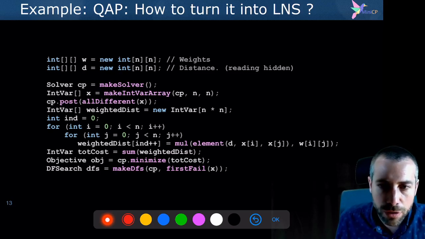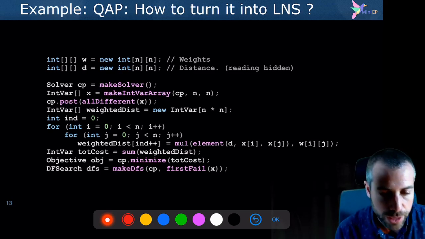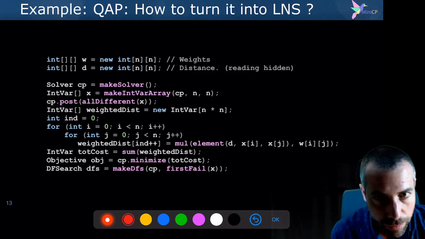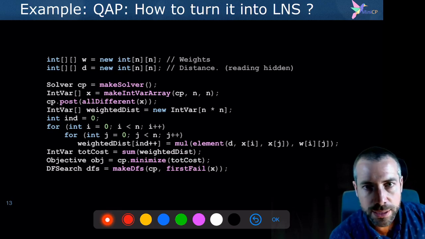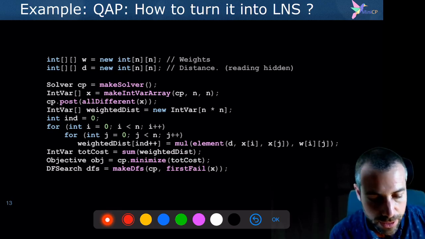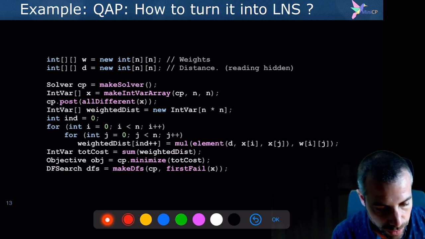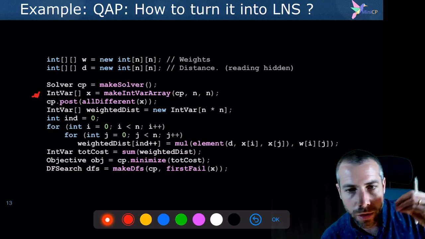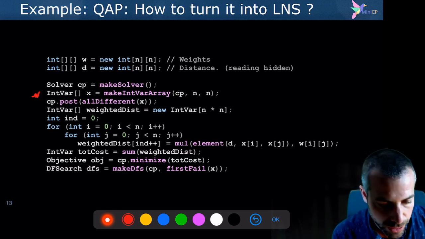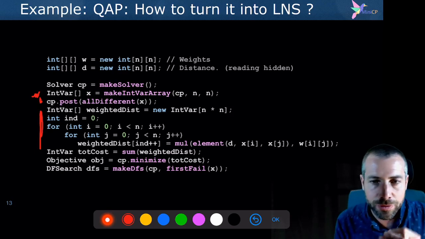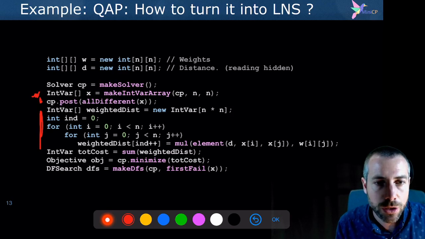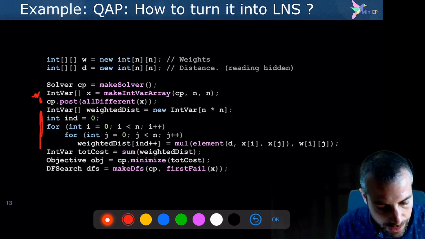In practice, how to solve a problem using LNS? Well, the number of changes that you need to do on your model over the standard CP model is not that much. So let's start with the model that we have already seen last week related to the quadratic assignment problem, which was this one. We have the decision variables, which was a vector x, which is for every facility in which location you will place this facility. We had the all different, and then we have the weighted cost that will multiply the distance by the amount of traffic that you have between these two facilities. Okay, and we want to minimize the sum of this. And then you've got the depth of search.